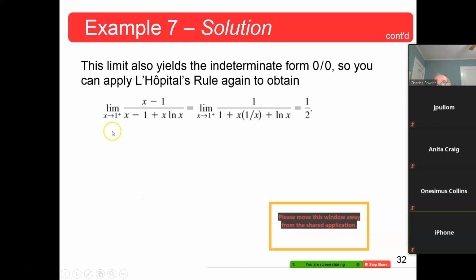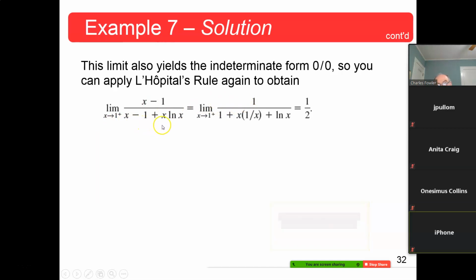The limit as x approaches 1 from the positive side of x minus 1 over x minus 1. Oh, I'm sorry, they rewrote the whole thing again. No, they didn't. This is the new form. Take L'Hopital's rule again. That becomes a 1. That becomes a 1 minus 1, that's 0, plus